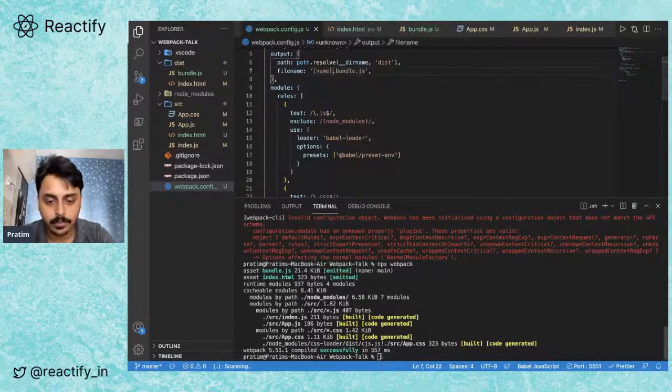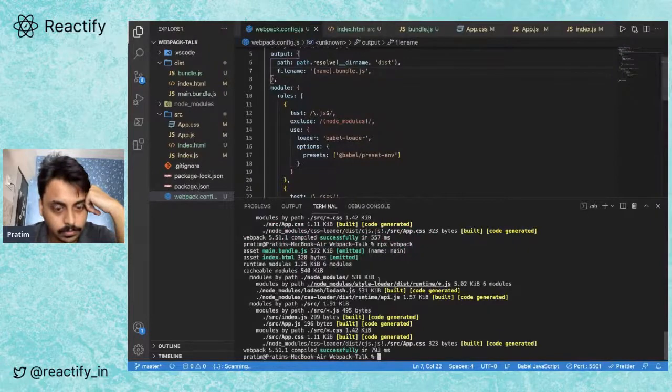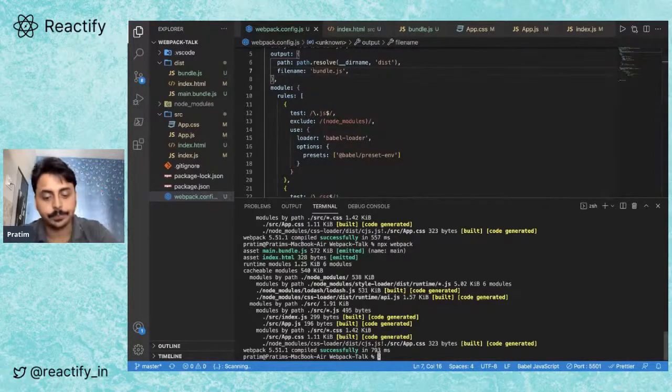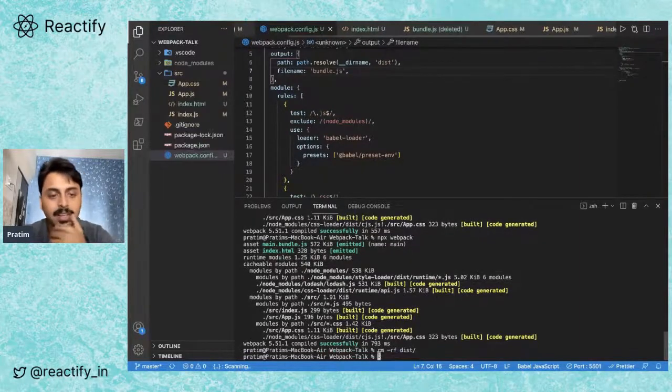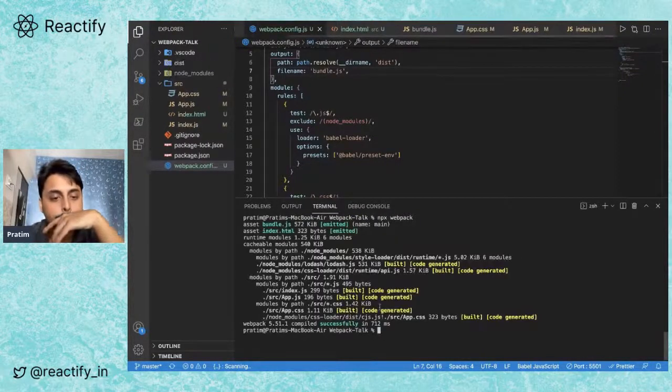Now, if we do npx webpack, okay, did it come? No, okay, sorry. Let's create rm -rf list. Create a list in this particular terminal. So now, if we do npx webpack, we can see